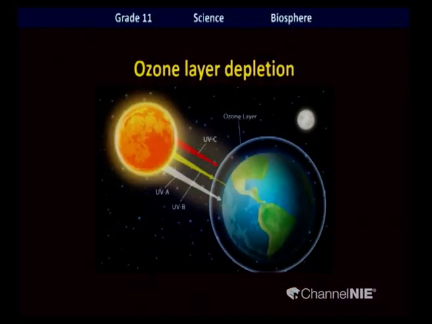So why do we need to protect the ozone layer? What is the main role of the ozone layer? The ozone layer prevents harmful UV rays of the sun from reaching the earth. There are 3 types of UV: UVA, UVB, UVC. As you know, in grade 10 you learned some types of UV. You don't need to remember all 3 types in detail, but some UV rays are useful to us, for example, synthesis of vitamin D in our skin. Therefore, not all UV rays are harmful. But harmful UV rays are blocked by the ozone layer.